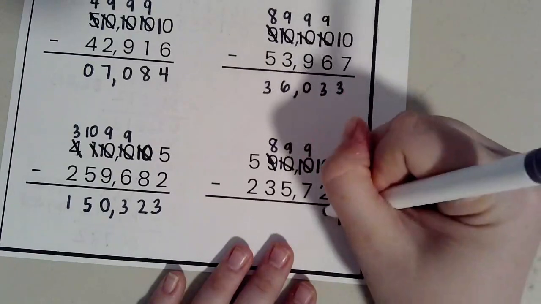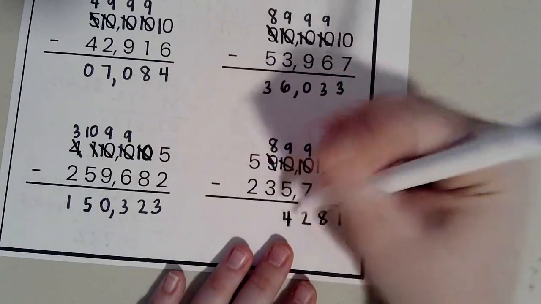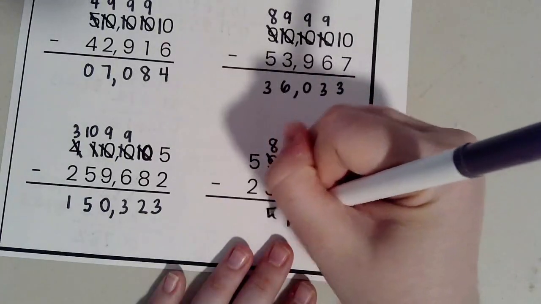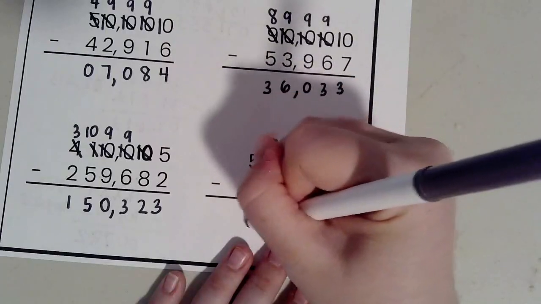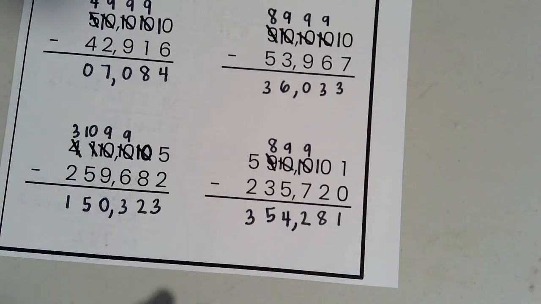10 minus 2 is 8. 9 minus 7 is 2. 9 minus 5 is 4. 8 minus 3 is 5. And then 5 minus 2 is 3. Let's count back. 1, 2, 3. So these are all our